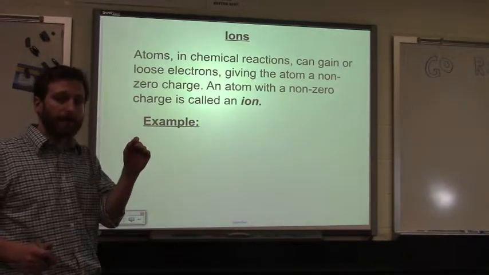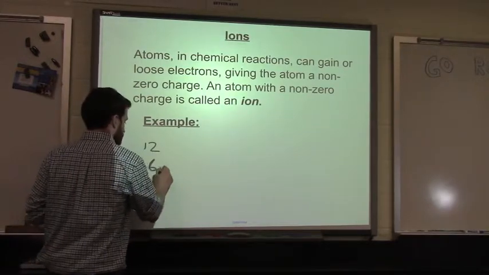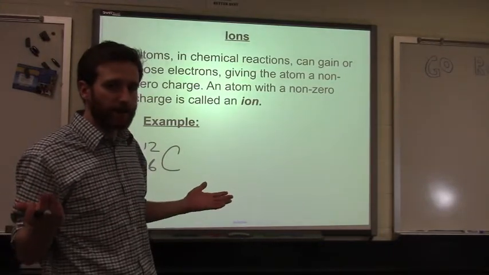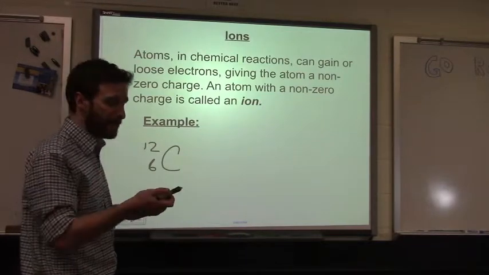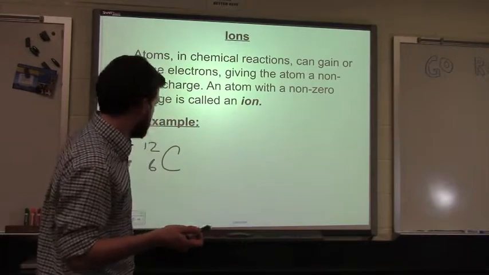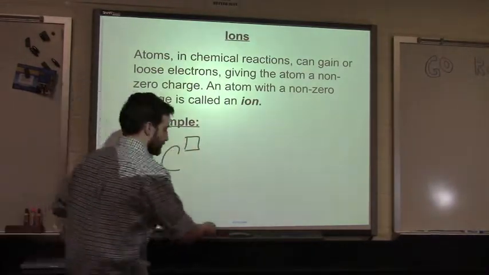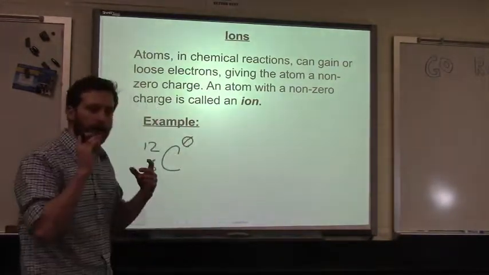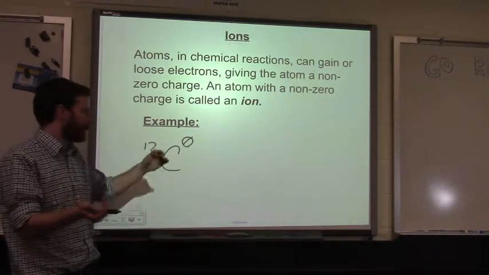So keep in mind that when I refer to carbon 12 here, I'm making an assumption that it has 6 electrons. That's because chemists will write the charge of the atom in the symbol, up here in the top right of the elemental symbol. And when there's nothing written, it's assumed to be 0.